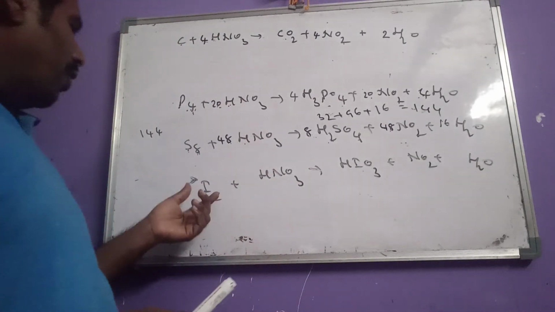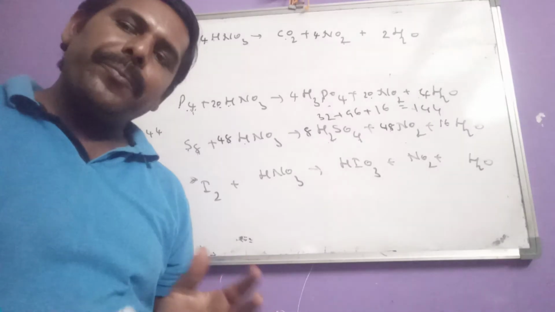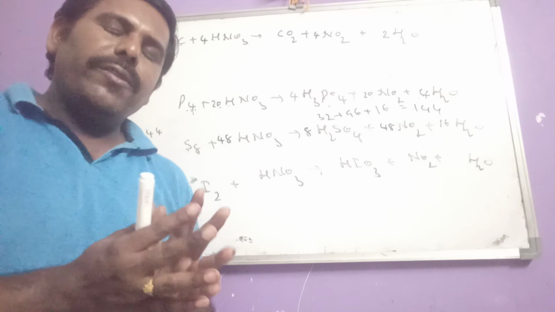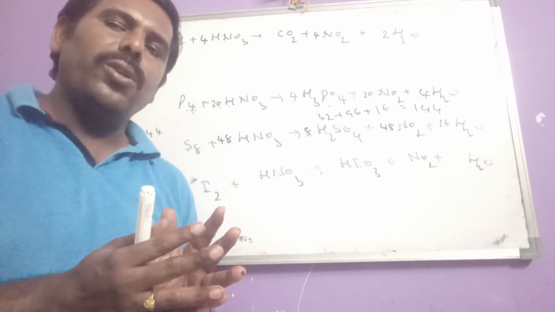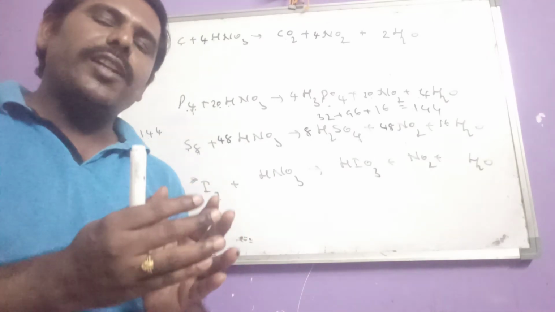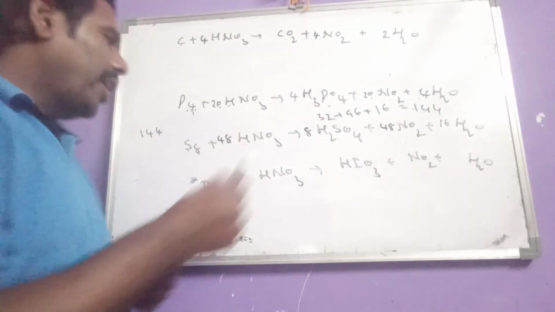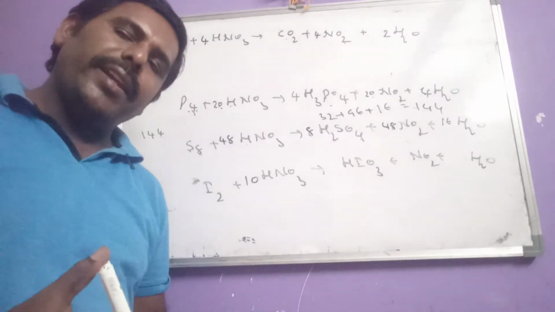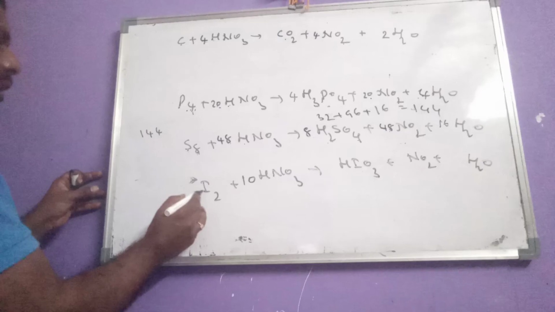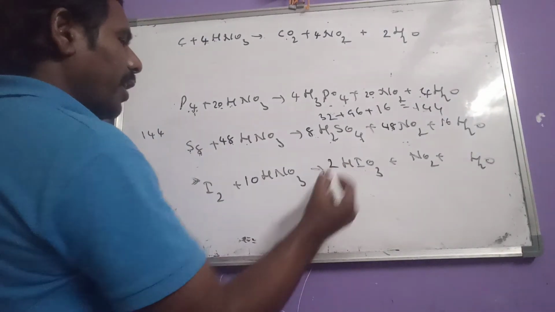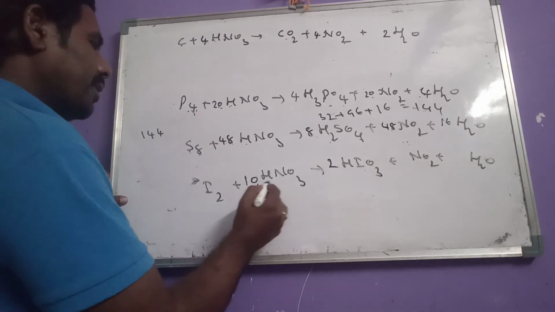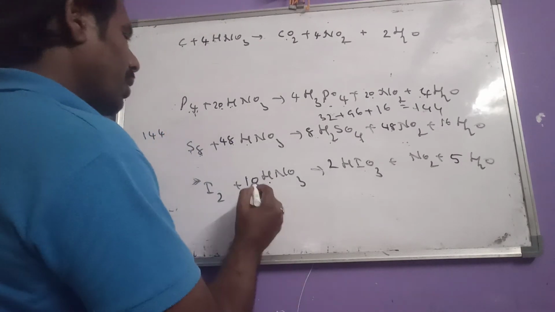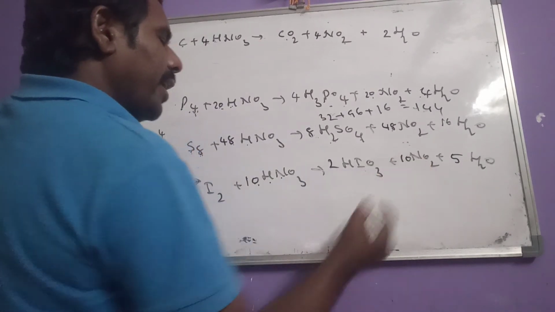That's it. Now come to iodine. Iodine means in 10th standard every student will feel IO like that, because they have to write public examinations. So IO means we have to remember 10. 10th standard, 10 HNO3. So now here 2 iodines, so we have to write 2 HIO3. As 10 hydrogens, we have to write here which one? 5 H2O. 10 nitrogens means let us write 10 NO2.